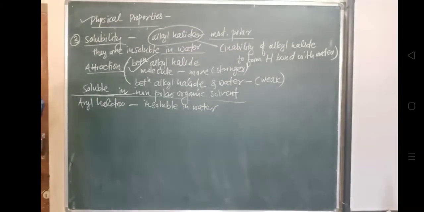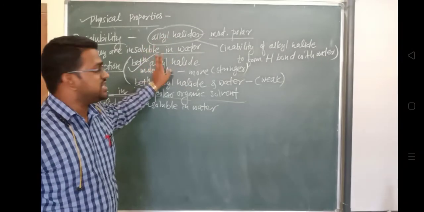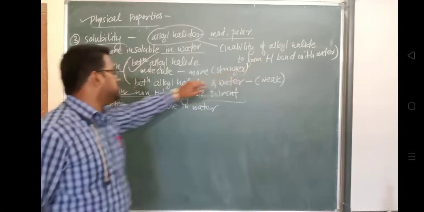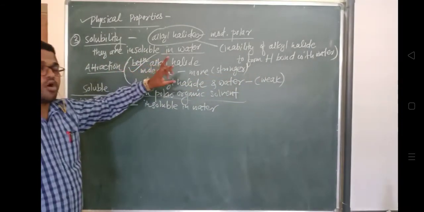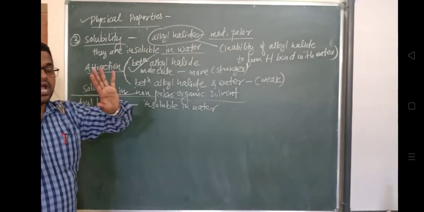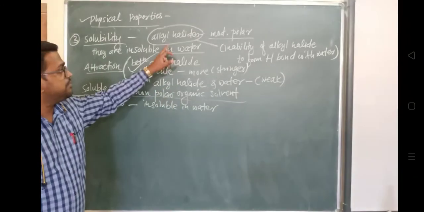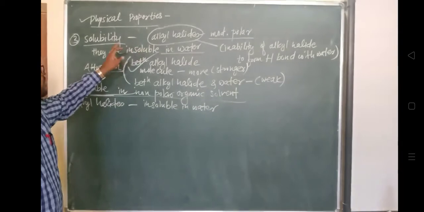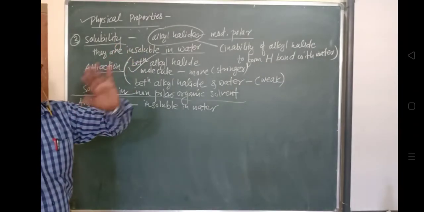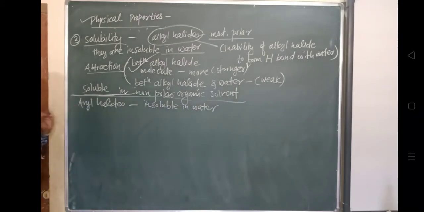फिर से अगर देखें हम लोग, this is the third physical property, that is the solubility. Alkyl halides are insoluble in water because they are unable to form hydrogen bonds. Second reason being that the attraction force between alkyl halide molecules is stronger, as compared to the attraction between alkyl halide और water, which is less. उसके कारण ये bond form नहीं कर पाएगा, so it is insoluble in water. Same in the case of aryl halides, which are also insoluble in water.